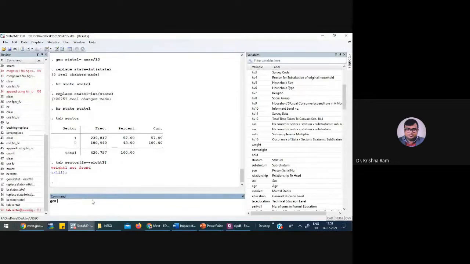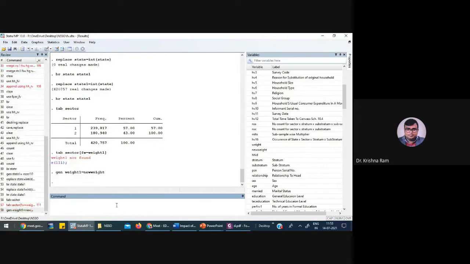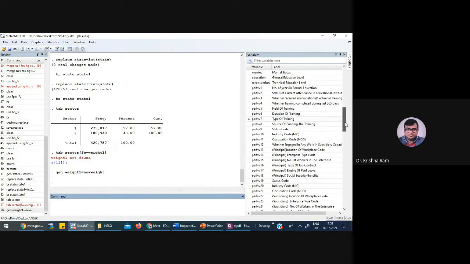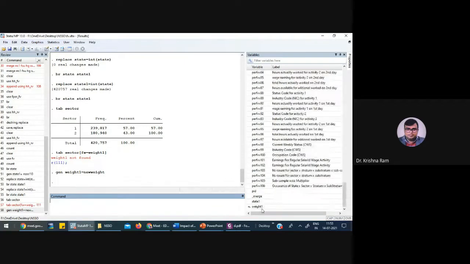So generate weight 1 equal to new weight. This I am doing to save time for typing new weight every time. So I generated a new variable weight 1, which is equal to the new weight,